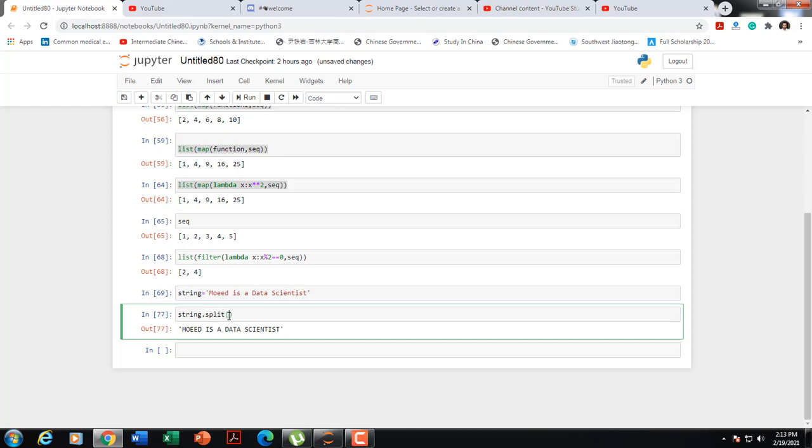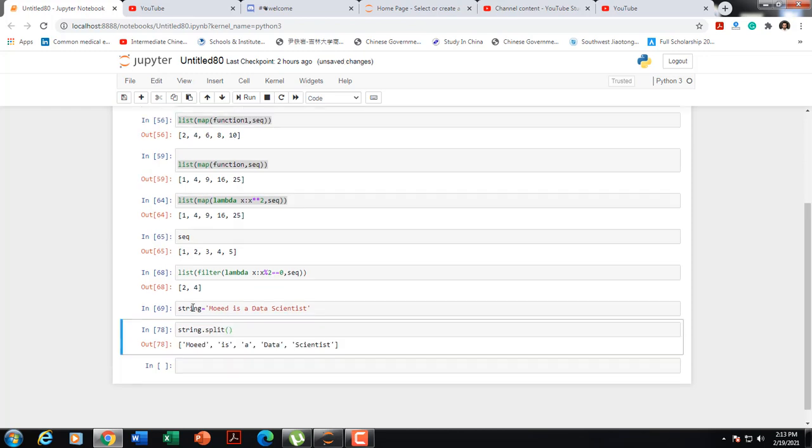When I say string dot split, it takes my string and splits it on the white spaces inside of my string. I can split my string on any character I want. Let's say I want to split my string on the "is string" over here. So what I'm telling Python is that it should split the sentence, and "is string" should be my breaking point, and that is exactly what